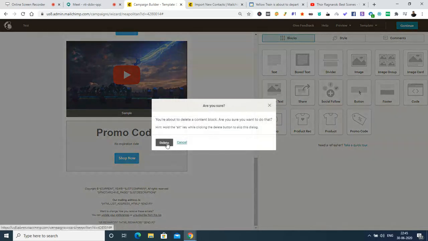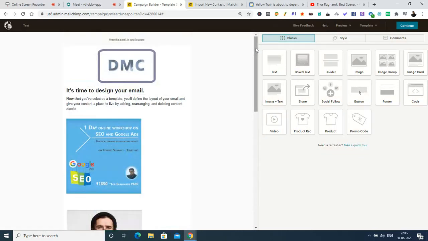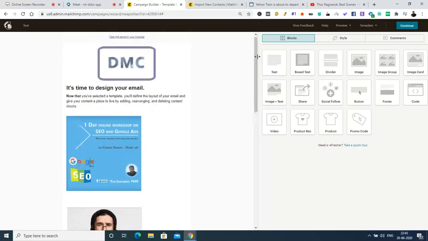Apart from this, we had created an email template. What is the email template that we are going to test right now? We can consider that the email template is almost ready, the one we had kept in our mind. Once it is ready, the next step that I have to do is go for this continue option. After choosing this continue option,